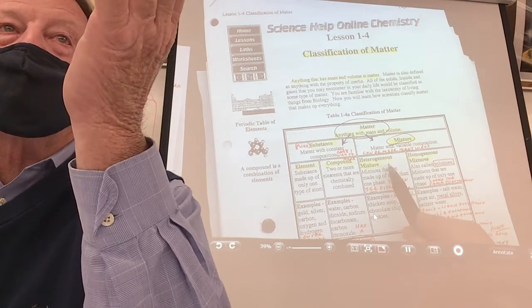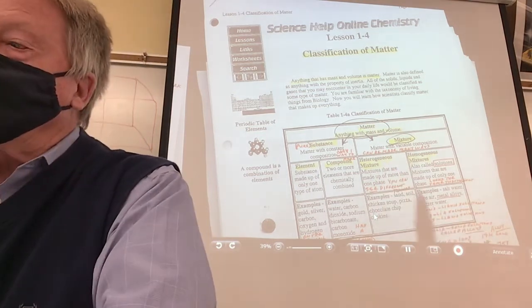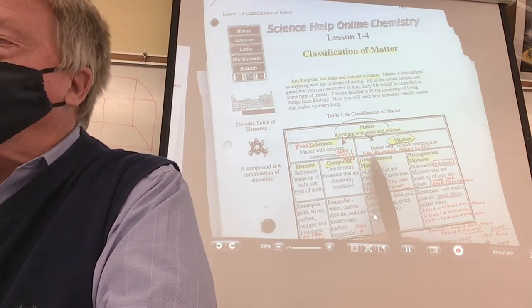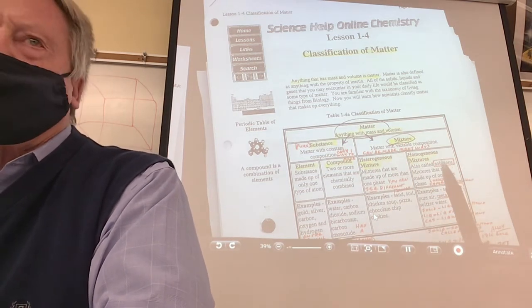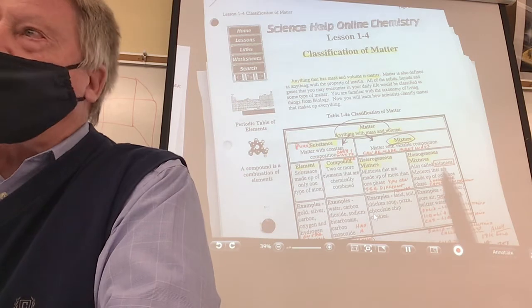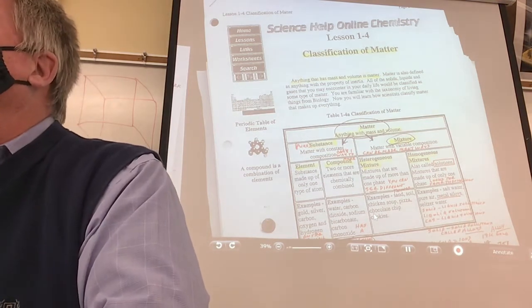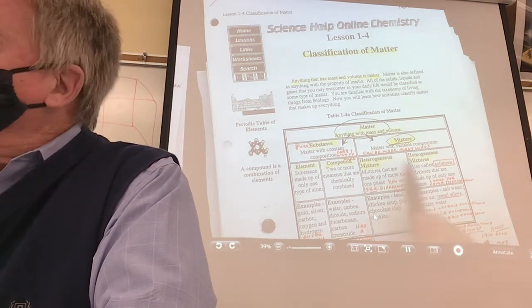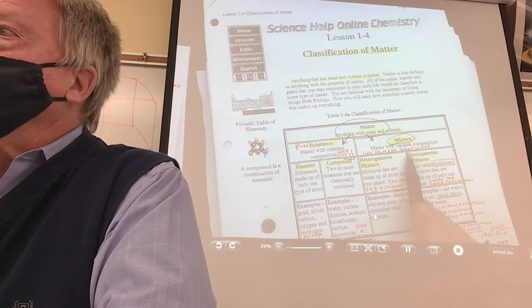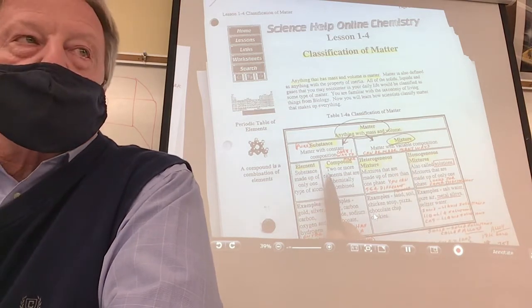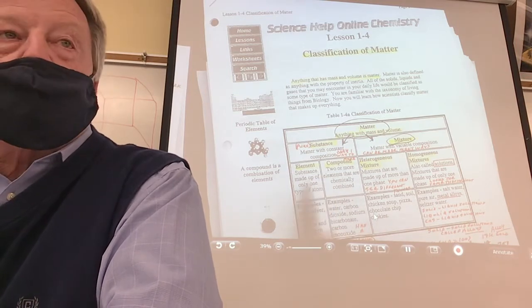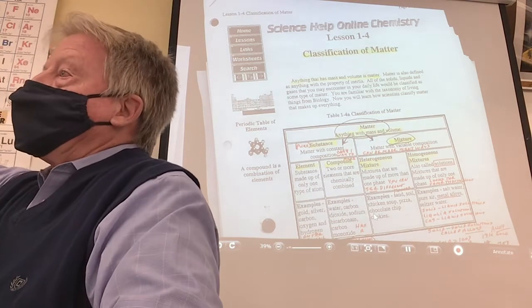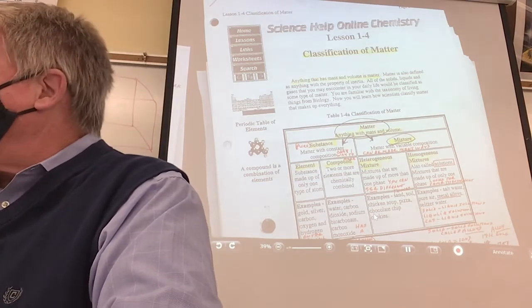Many ways. So the main thing here is if its composition is not constant, it's variable. The book likes to say variable composition. What does that mean? It means you can make it many ways. So if you can make it many ways, you're a mixture. But what are the only things that are not mixtures? Elements and compounds. And how do you know if it's an element? If it's made up of one atom. Not one atom, one kind of atom, right?